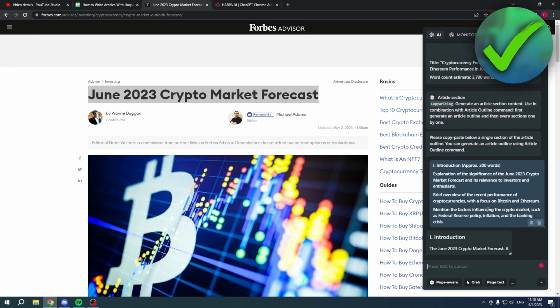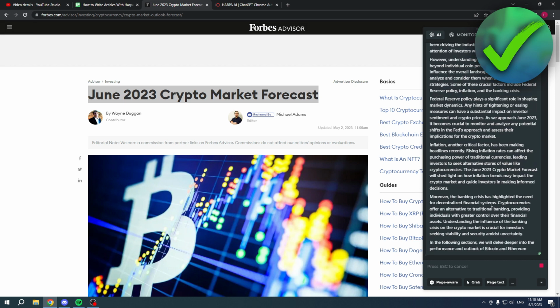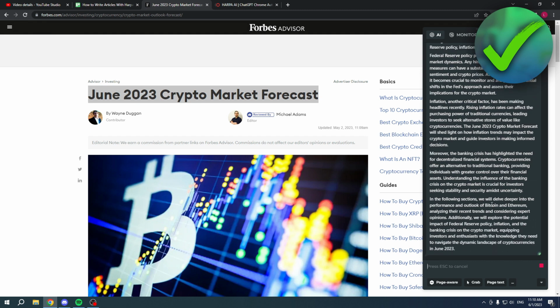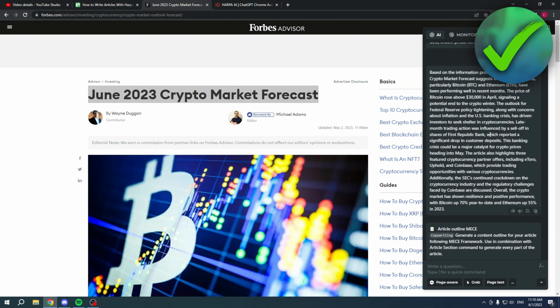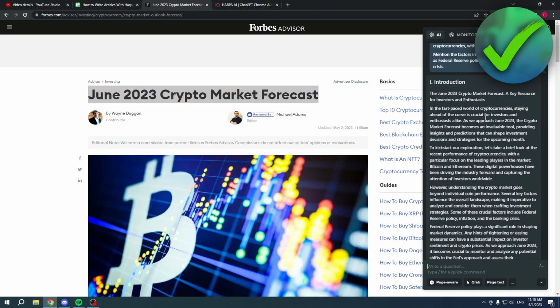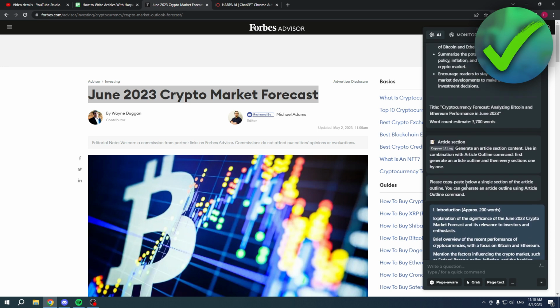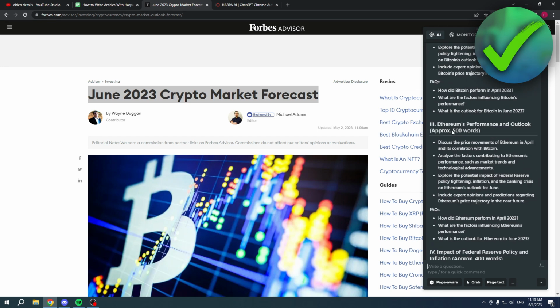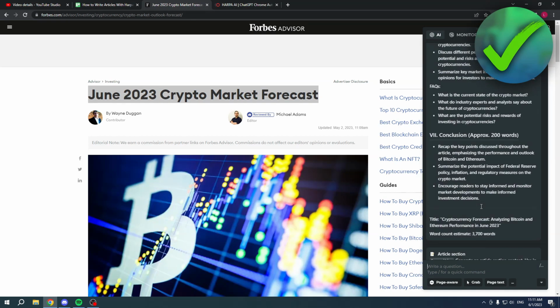And now this will actually generate it for me. And you have to do this manually for each section. Now, as you can see, this is already starting to become even longer than that other article which we generated about here. So now you can actually do this for a single section each time. Now, I do recommend reading all of this through though, because sometimes it will go a little bit off topic. So you want to keep that in mind. And then I will just go ahead and keep doing this. So I'll just go to the next section. Now you should do this for each section,